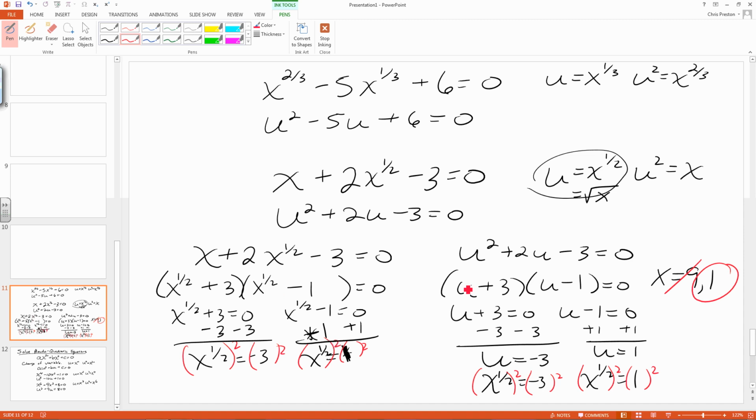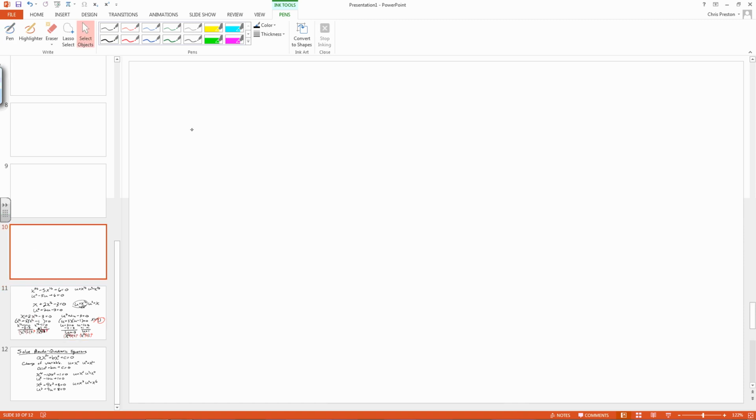Now, this one wasn't too bad to use the u's, but let me grab an earlier problem we looked at, and show you why you really want to be careful about when you use these u's and when you don't. So let's say I wanted to solve x to the 6 plus 9x to the 3rd plus 8 equals 0. So if I do that whole u thing,